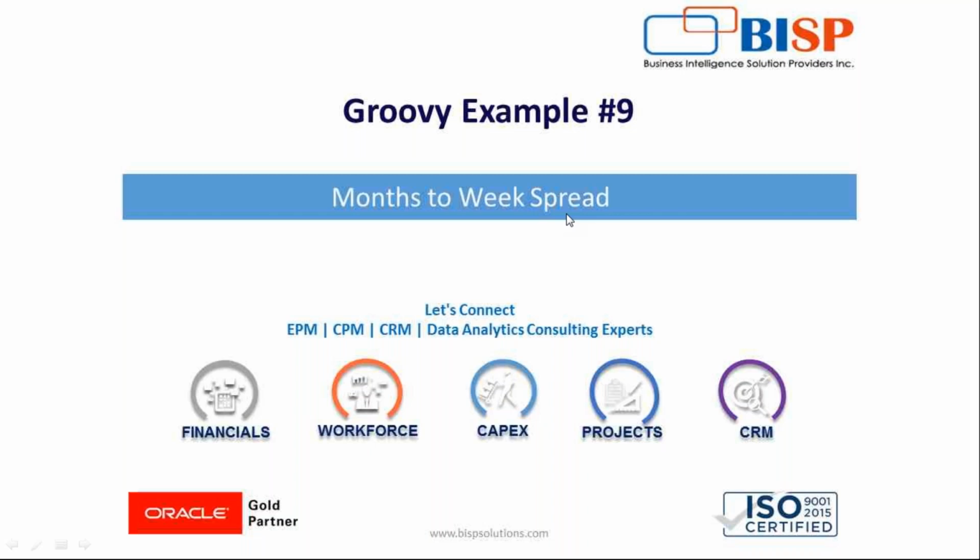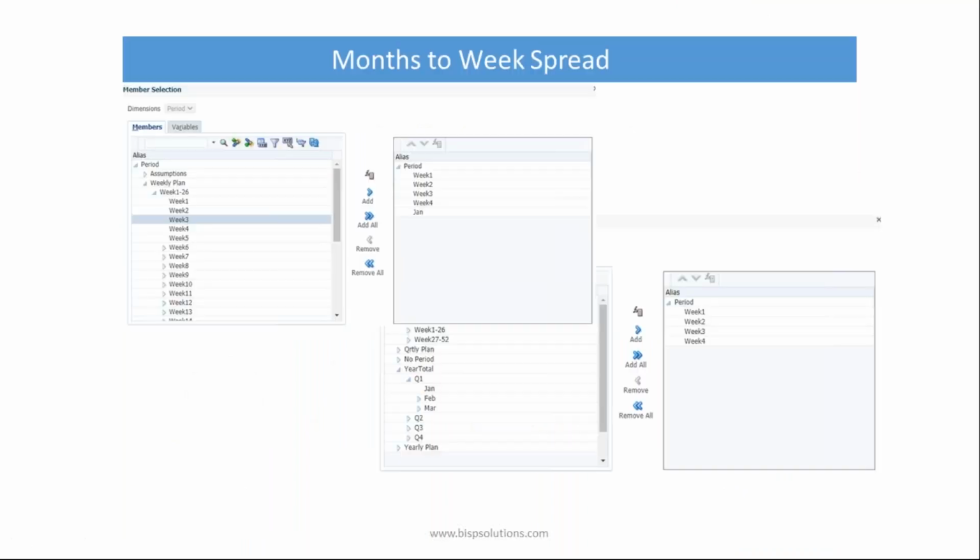In standard planning, we do have the option to see the spread naturally, that is a week report to months. But if you go to the sales planning, you will find that the standard structure is a little different. Here we do have the periods and we do have the weeks plan, which is actually the parent of all the weeks. So weeks 1 to 26 report to weekly plan, and weekly plan accumulates all the weeks. And if you see the year total, that is having the quarter one and then January only.